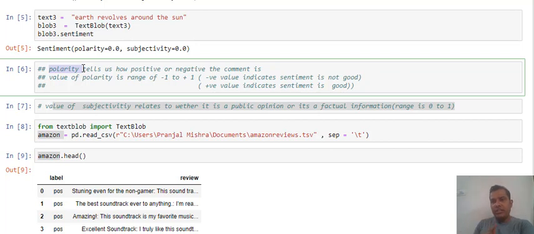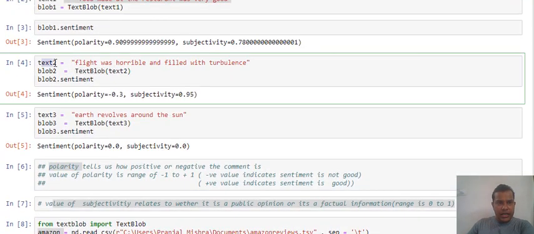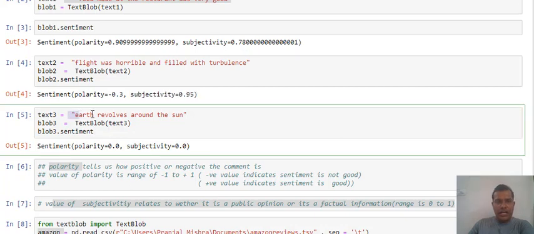Let's take one more example. At line number 4, I am saying the flight was horrible and filled with turbulence. When I do the sentiment analysis, I find that polarity is negative, which means it is a negative sentiment, and subjectivity is 0.95. Let's take another example: Earth revolves around the Sun.